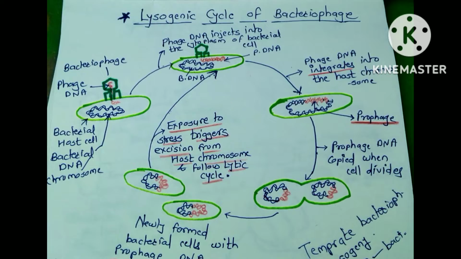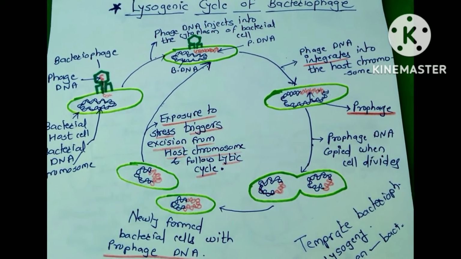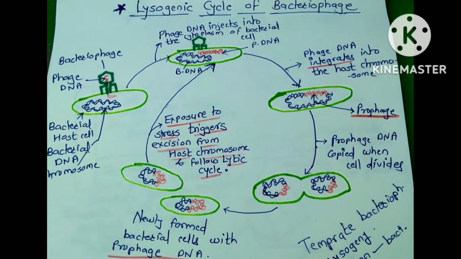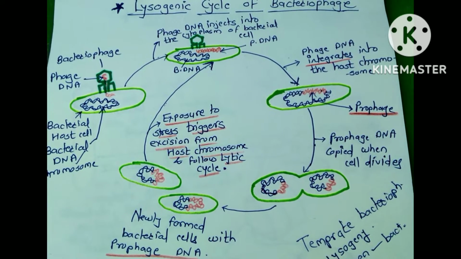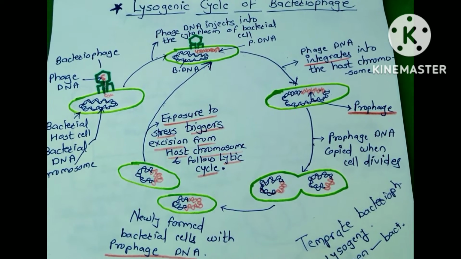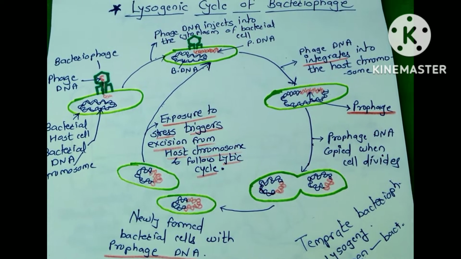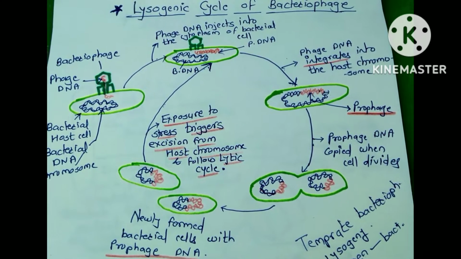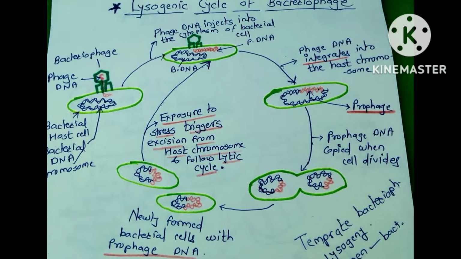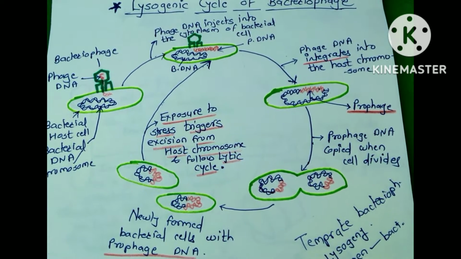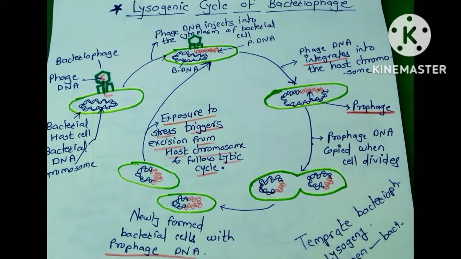So in today's topic we are going to discuss the lysogenic life cycle of the bacteriophage. As we know, bacteriophages are the viruses of bacteria, and viruses are structurally very simple. They are just composed of a nucleic acid genome protected by a protein coat called the capsid. And the second important thing is that they cannot replicate by themselves, right? Instead, they use host machinery for their genome replication.